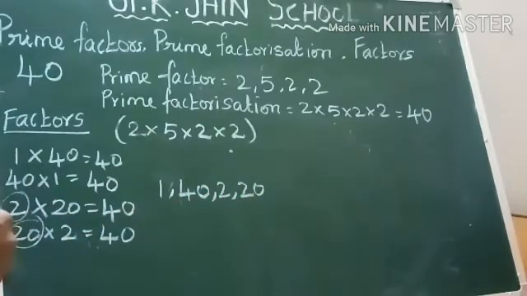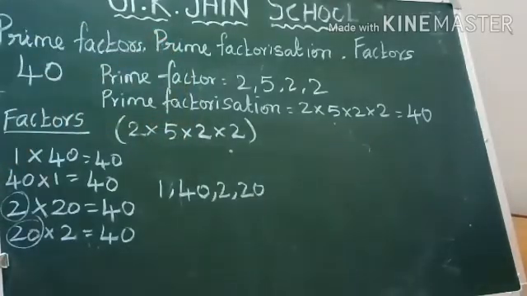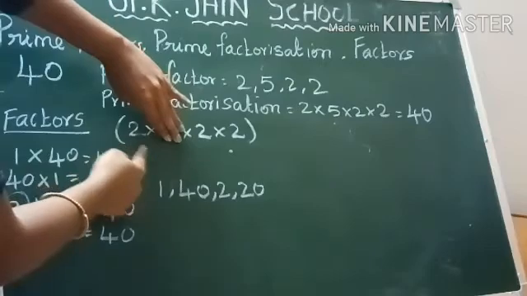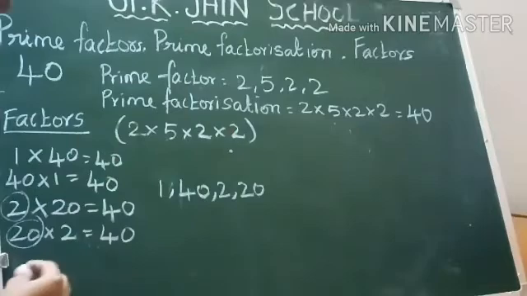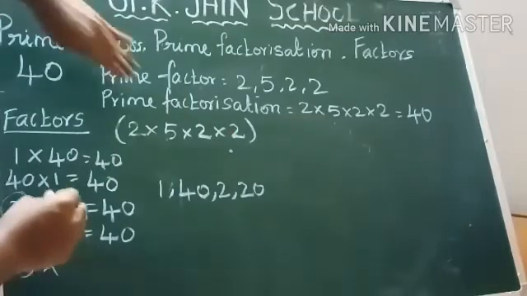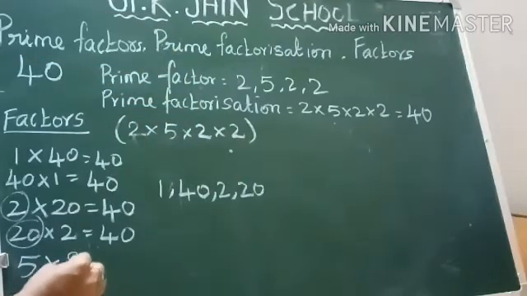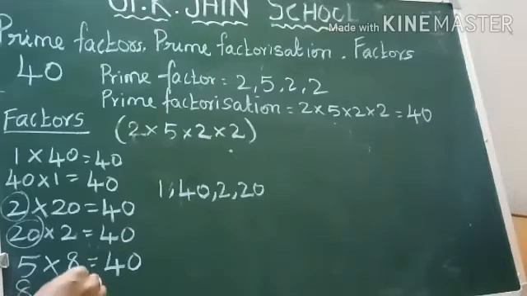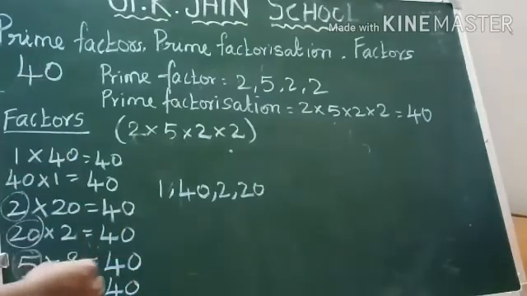So now we are going to move to the second number. Now we are going to multiply the remaining numbers. 2 2s are 4, 4 2s are 8. So we write the second number 5. We multiply the remaining numbers. 2 2s are 4 and 4 2s are 8. So 5 8s are 40. We can also write 8 5s are 40. Right. So 5 and 8 are factors of 40.